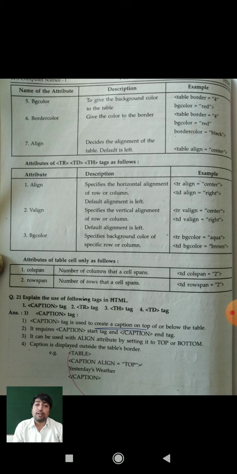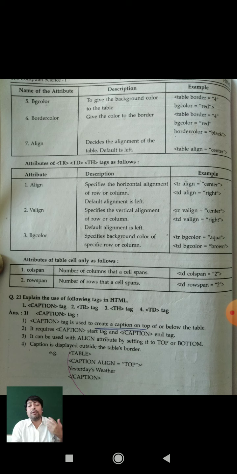Bordercolor: you can also set the border color for your table. Table border equal to 4, bgcolor equal to red, bordercolor equal to black, green, whatever you want. Align: you can decide the alignment of a particular part of the table or the whole table.